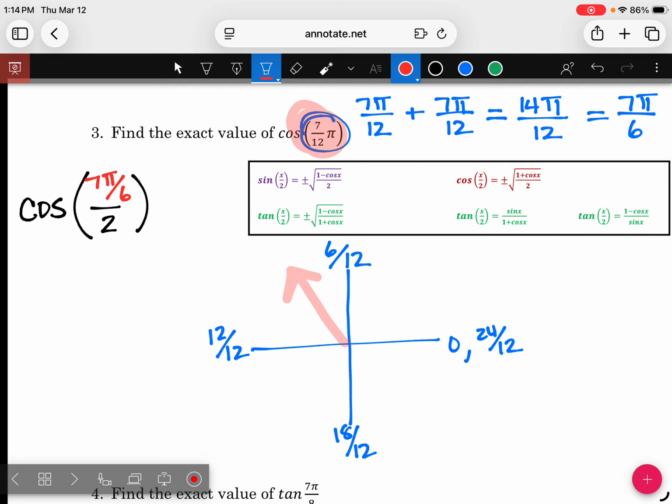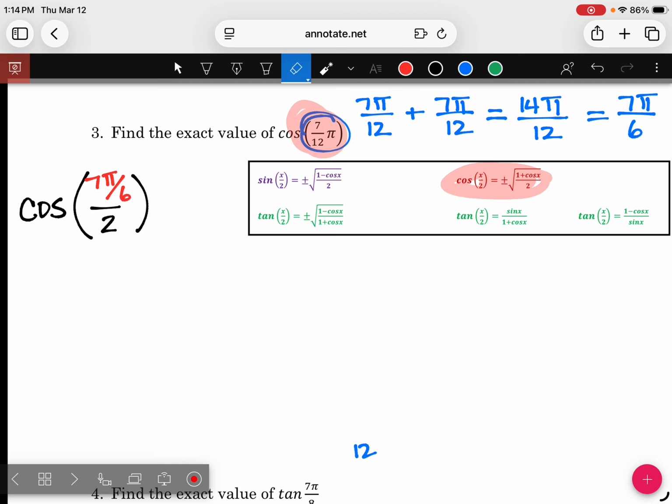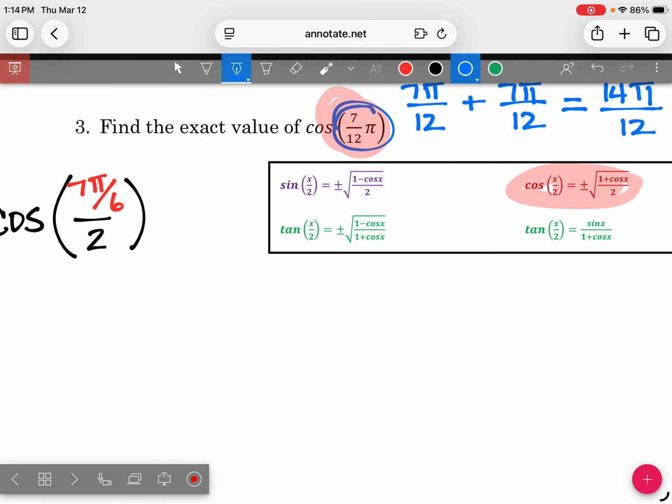Is cosine positive or negative in quadrant 2? Negative. So that's important. Just like the last one, I have to make sure I keep that negative in front. Okay, so let's do it. So I have the cosine of 7 pi over 6. That equals